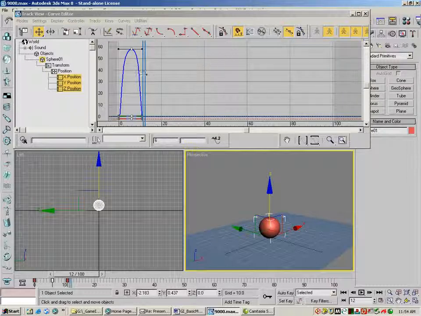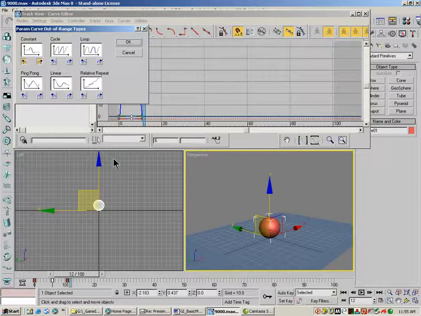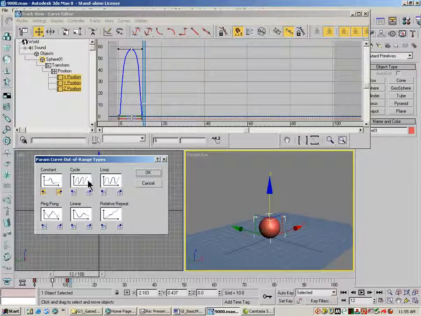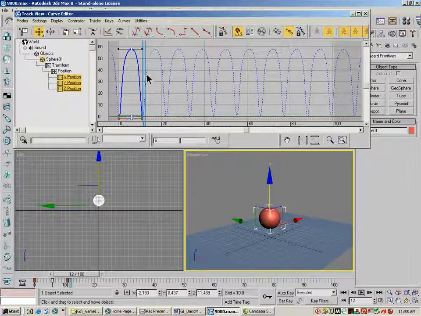Okay, at this point, what I'm going to do is continue the animation so my ball keeps bouncing, and that's called Parameter Curve Out of Range Types. It's this button right here. Move this down so you can see it. And what we want this to do is to keep looping. So I'm going to highlight this. You'll see these buttons are everything in this direction is that button, everything in this direction is this button. So they're actually both pressed down now, but we only need this button because we're only going in this direction since we started at frame 0. I'm going to say OK, and what I'm left with are all of these little bouncing